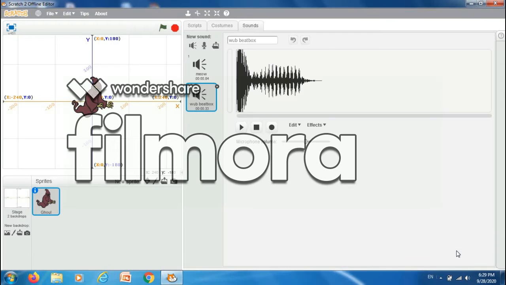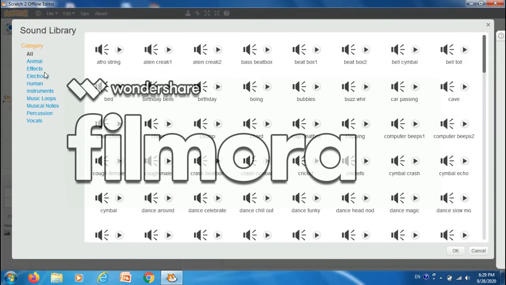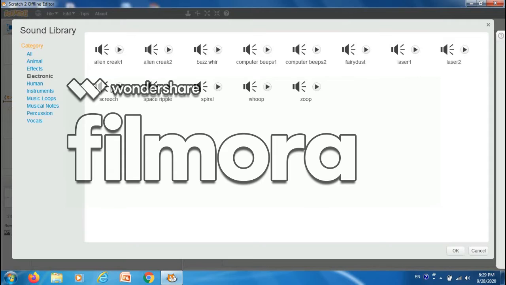We are selecting the WUP beatbox sound here because it's like a shooting. And then go to the electronic, select the screech.